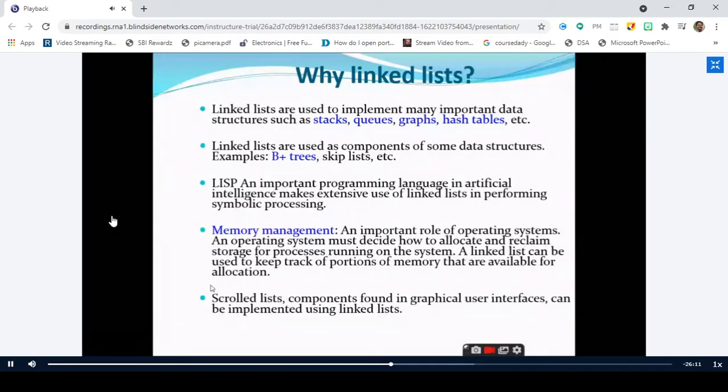That means, see here the power of linked list. In order to implement one data structure, we are going to use another data structure, and linked list is suitable to implement any other data structure other than arrays. So you forget about arrays for the time being. Any data structure you take, stacks, queues, graphs, trees, hash tables, etc., everything can be implemented by the linked list. That is the power of linked list.